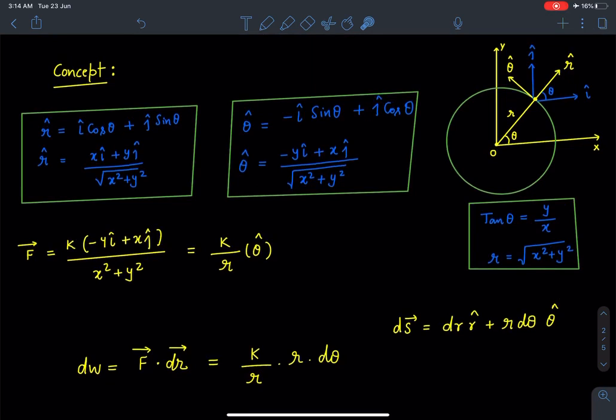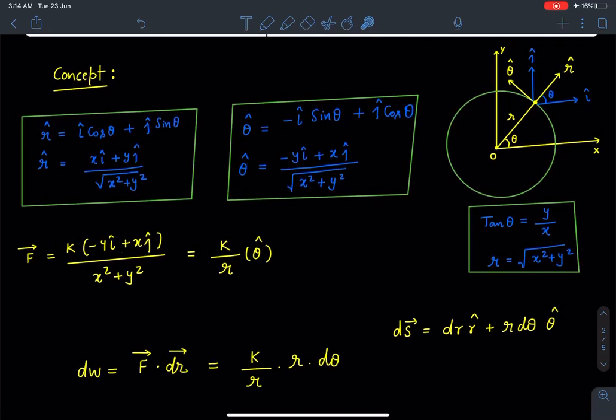This problem becomes easier if we solve it in the polar coordinate system. So as you can see here, I am trying to relate unit vectors along x and y with unit vectors in the polar coordinate system, which is a standard result. This r cap in terms of i cap and j cap we can write as (x i cap plus y j cap) divided by root of x square plus y square. Similarly, this unit vector along the tangent, theta cap, is given by (minus y i cap plus x j cap) divided by root of x square plus y square.